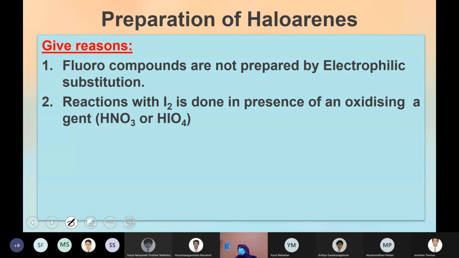When they ask the question in an exam, they can combine both of these together. If it was only about fluorine, why fluoro compounds are not prepared by electrophilic substitution, then write only the case of fluorine. Among halogens, fluorine is the most electronegative and the strongest. They can ask both of them, or ask you to arrange them. Both of them are related to electrophilic substitution, because the ability of an electrophile directly influences the reaction.